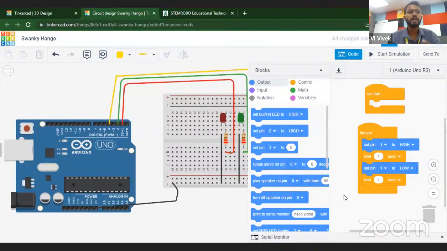As you know very well, in case of that type of coding, here we have already an option: set pin 1 to high, wait for 1 second, set pin 1 to low, wait for 1 second. But as you know very well, in case of RGB, in case of traffic light signals,